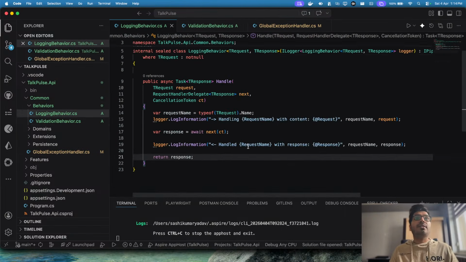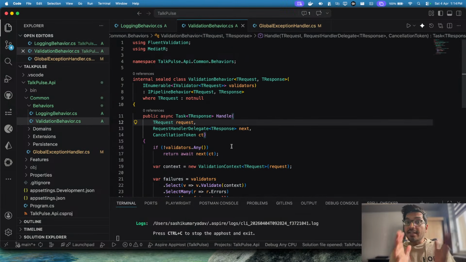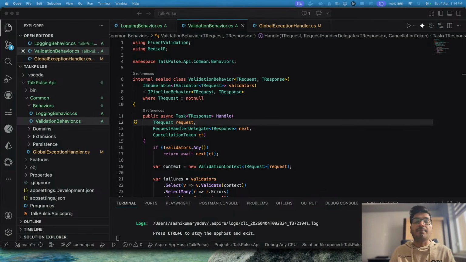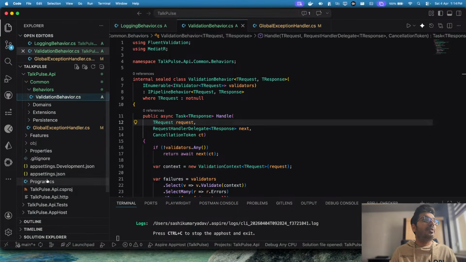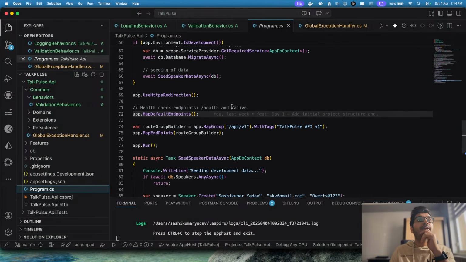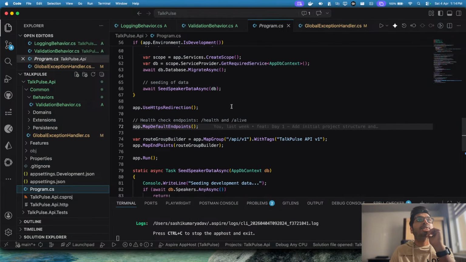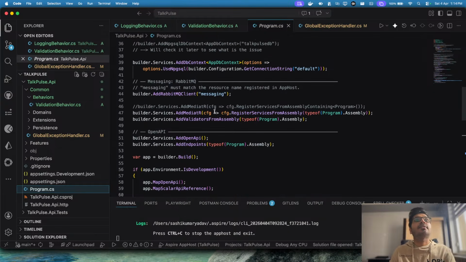So now we have two things added. We have logging behavior and validation behavior. We just created them, but now we need to use them. So we need to register them. For that we can go to the Program.cs file. Where is my mediator? Where did I add the mediator? Yeah, this is the one. Here we have to